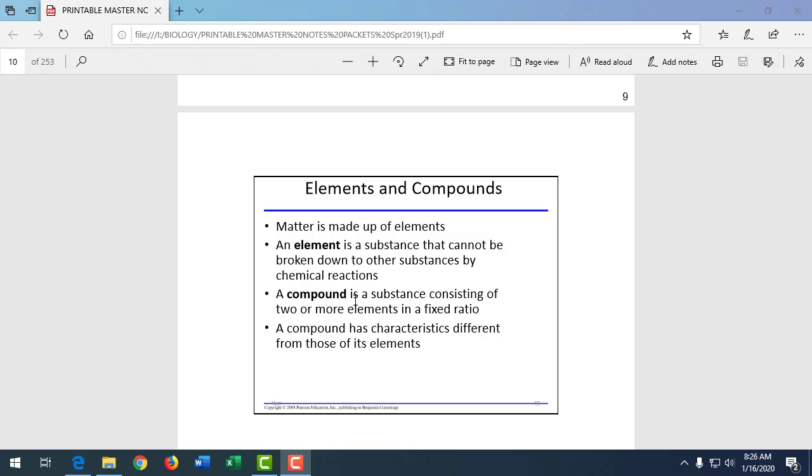So a compound is usually a metal and a nonmetal. So it's on one side of the periodic table with the other side of the periodic table. And one gains, one loses electrons. We're going to talk about that. So water is actually a special thing that we call a molecule because it shares electrons. It's kind of special, but